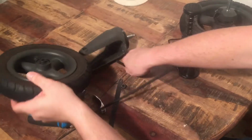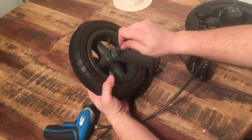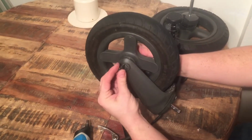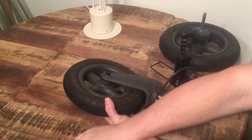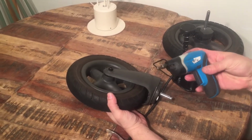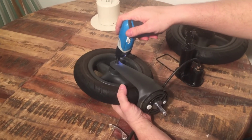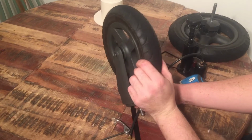Now, put the wheel back into the wheel fork and the screw through. Nut on the opposite end. When you're screwing this in, if you don't screw it in enough, you'll see that the wheel kind of wobbles